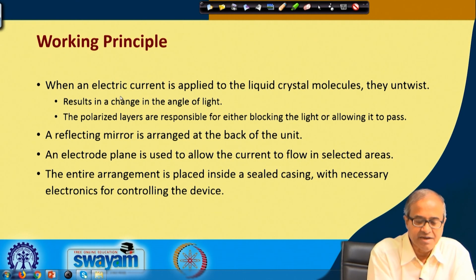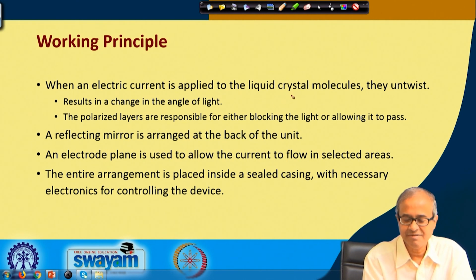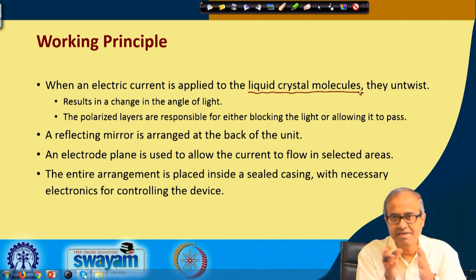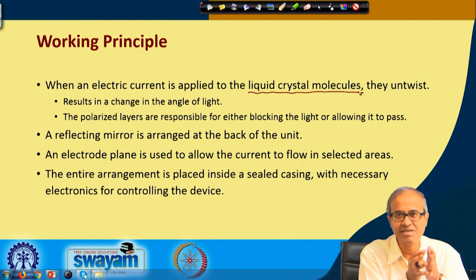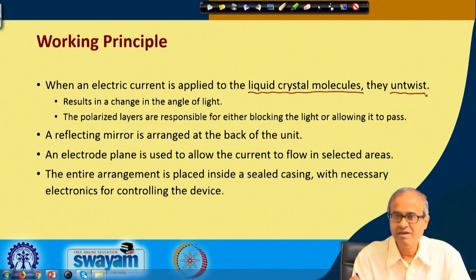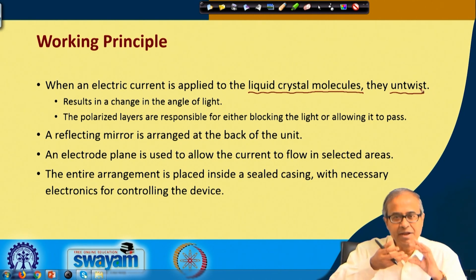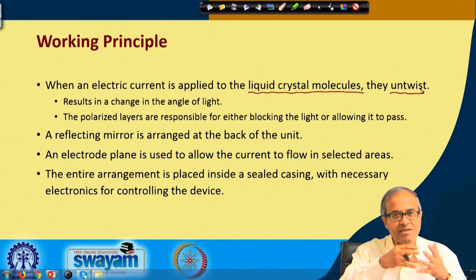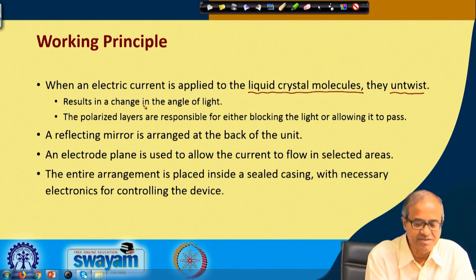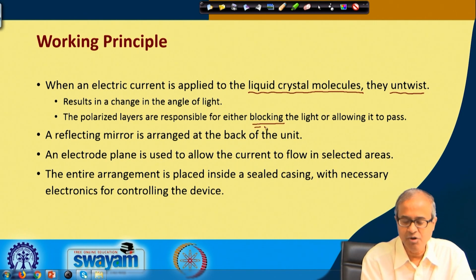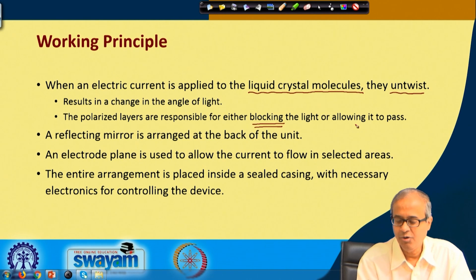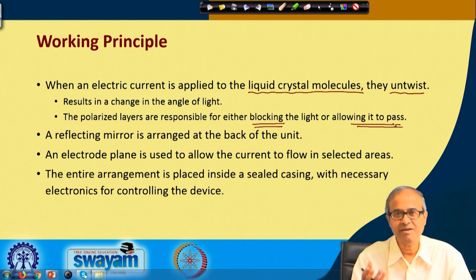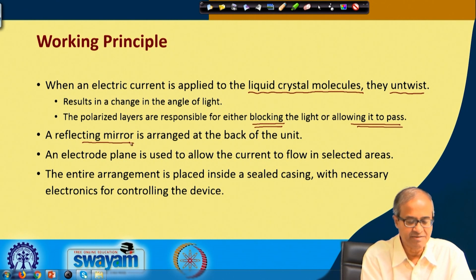Then when some electric current is passed through one of the electrodes, this electric current will influence the liquid crystal molecules. What will happen? They will change their orientation. Depending on the change in orientation, the polarized light will either flow or not flow through them. This will result in a change in angle of light. So, you can either block the beam of light passing through a particular segment, or you can allow it to pass. In this way, a segment is either glowing or not glowing. So, you are not directly passing a current through the liquid crystal, right? Indirectly it is happening. And as I said, there is a reflecting mirror at the end,